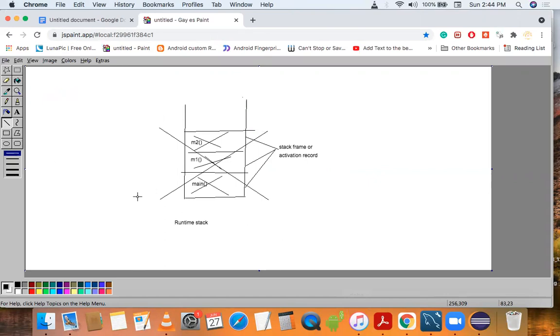So for every thread, the JVM will create a runtime stack. Suppose we create 3 threads, then the JVM will create 3 runtime stacks.